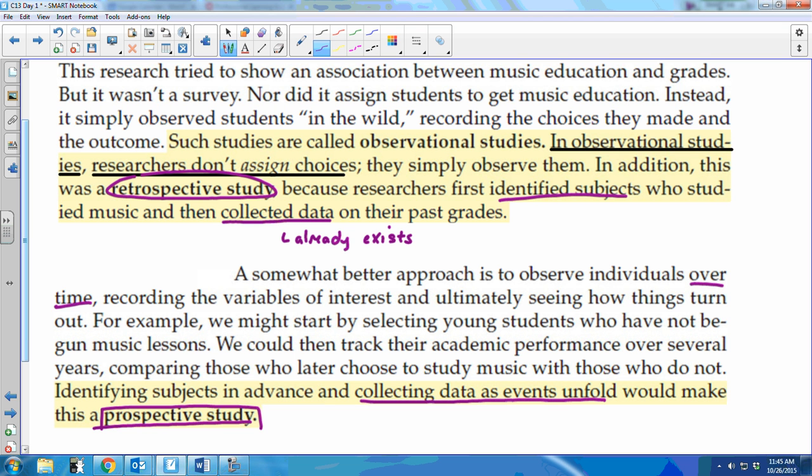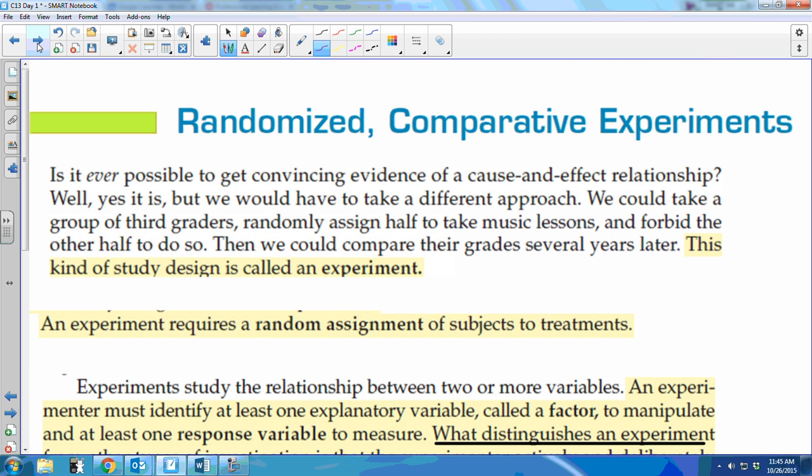All right, and that's about all we got for observational studies. Just knowing what they are. There's not much to it. Okay? So the rest of this chapter is about experiments. So, we want to do always a randomized comparative experiment, and we will go back and talk a lot about that